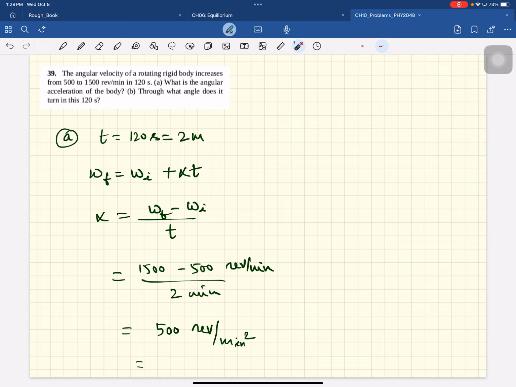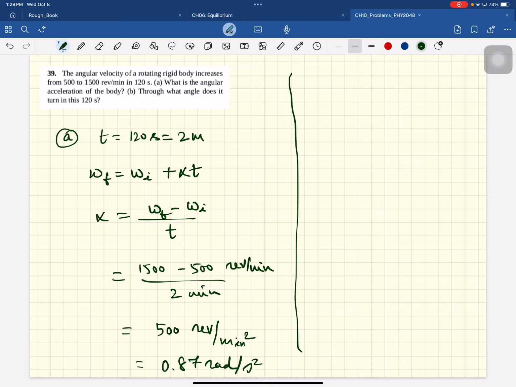So this works out to 0.87 radians per second squared. All right. And this says, through what angle does it rotate, turn in 2 minutes? So theta minus theta initial is omega initial times time